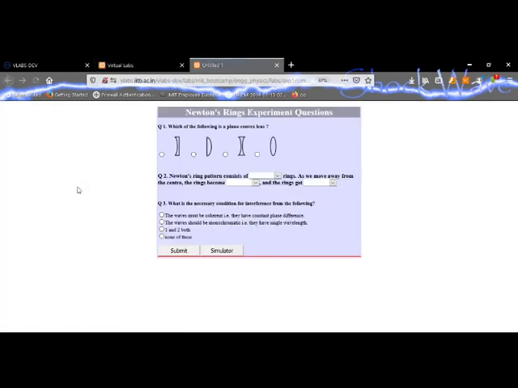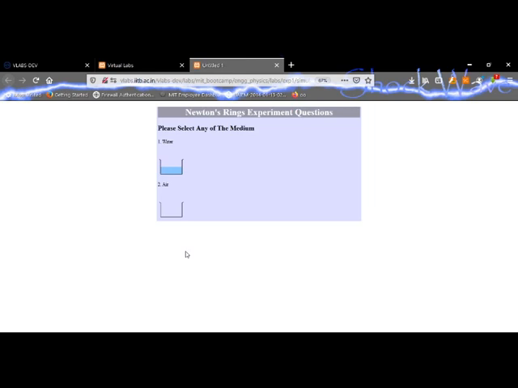When we visit the simulator, it wishes to get a few things recalled by the student. So we need to answer this question: which one of them is a plano-convex lens, and this is about the Newton's ring pattern. We know there are concentric rings, and they get thinner as they go away from the center, and the rings get closer, and the source must be coherent and monochromatic. So when we submit these answers, if all our answers are correct, then it will take us to the simulator, or otherwise it will tell us that we have answered this question wrong. So let us go to the actual experiment setup.